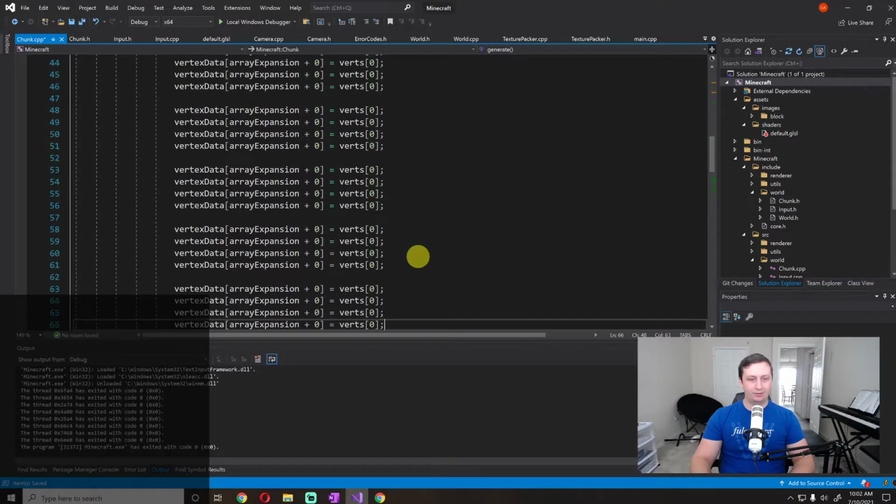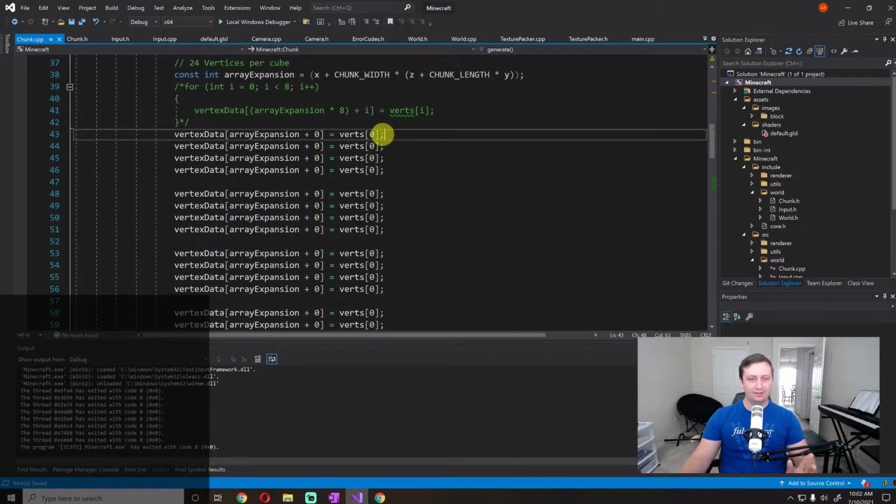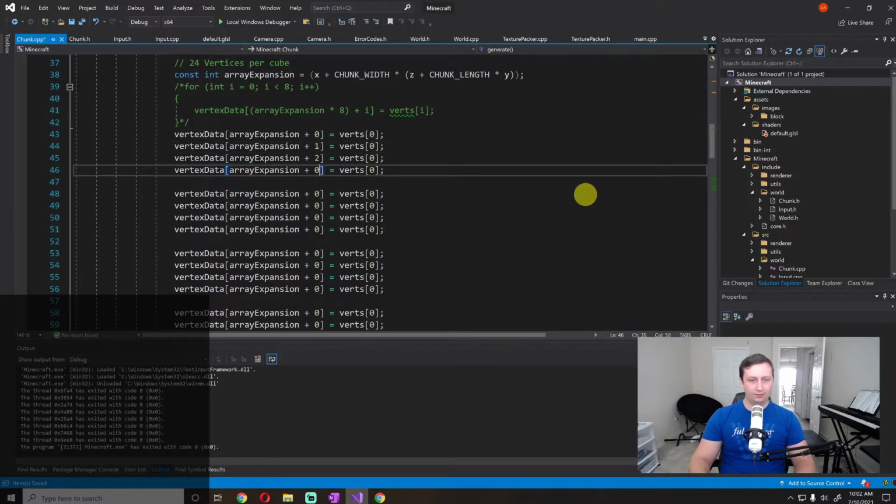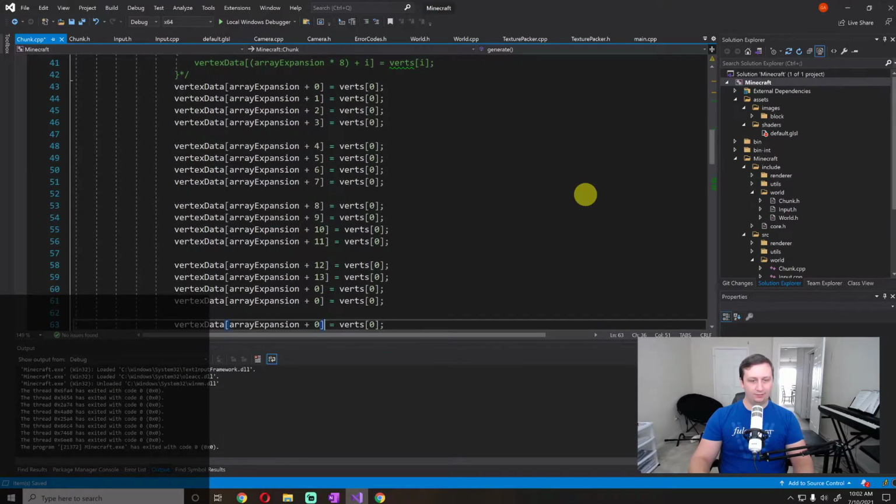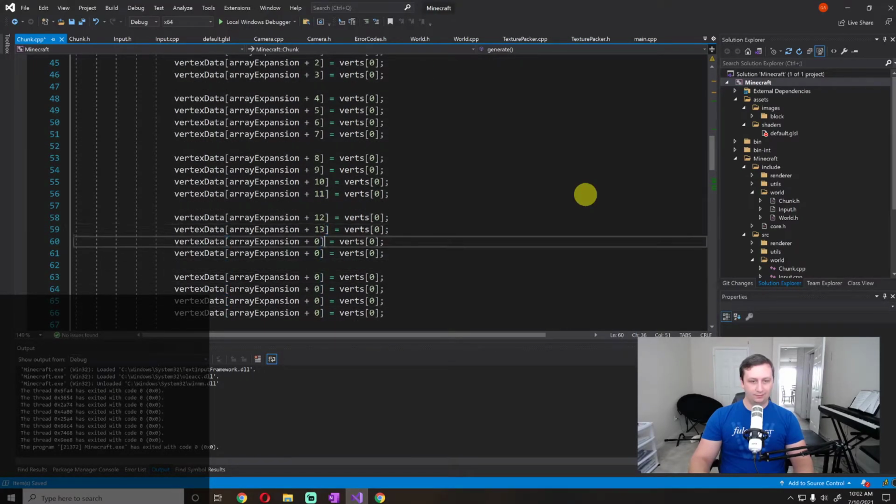So 3, 4, 5, 6. Okay, so that's 6 faces. That's all fine. 0, 1, 2, 3, 4, 5, 6, 7, 8, 9, 10, 11, 12, 13, 14, 15,